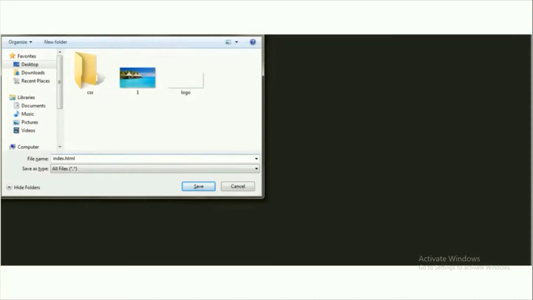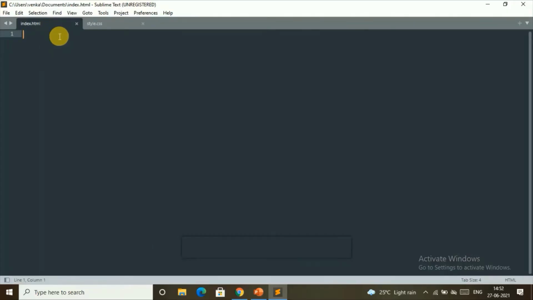I'll show you now. So this is my Sublime Text Editor where I'll do all the HTML and CSS coding part. This is the Sublime Text Editor which you can install for your Mac or your Windows from Google. You can just search for the Sublime Text Editor and download it. It's a very simple task. And now we'll get back to this.